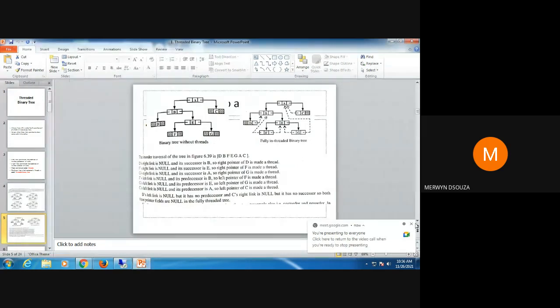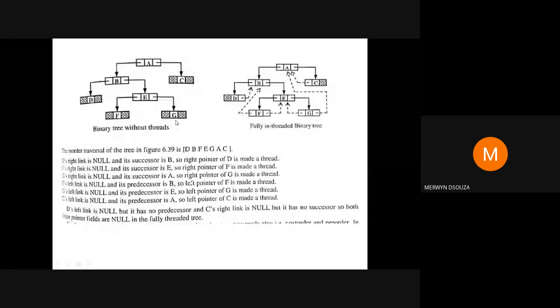Okay. So for homework, take this tree and draw the left in-threaded binary tree. And second question, draw the right in-threaded binary tree. So when you're drawing the left in-threaded binary tree, you're going to only replace the left side of the nodes. That is, you're going to replace only the node with the null value with the predecessor. If the node is having a predecessor, you're going to draw only the left side because it's a left in-threaded binary tree. Okay, you're not going to replace both the sides.